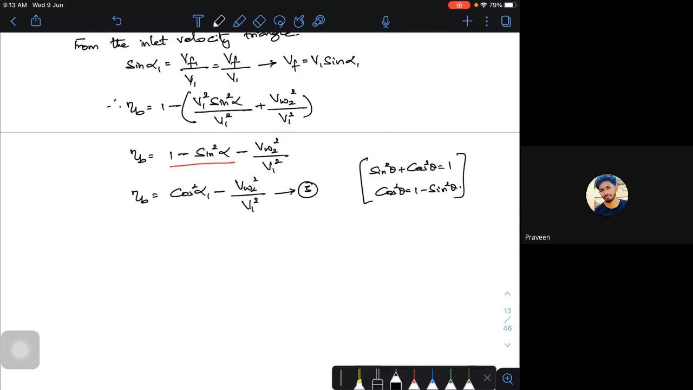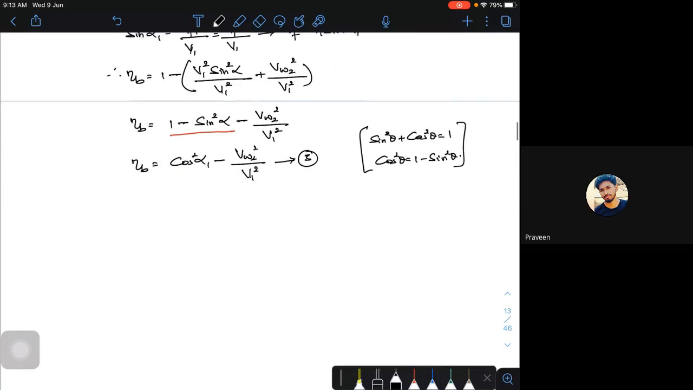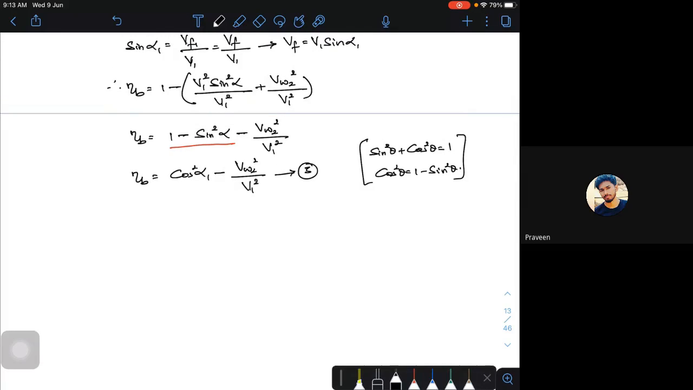Now, anyway, we got the blade efficiency. This is the general expression. How can I maximize this particular thing? So the condition for maximum blade efficiency. To understand this, I will try to take up only the outlet velocity triangle. On what condition does this Vw2 square by V1 square